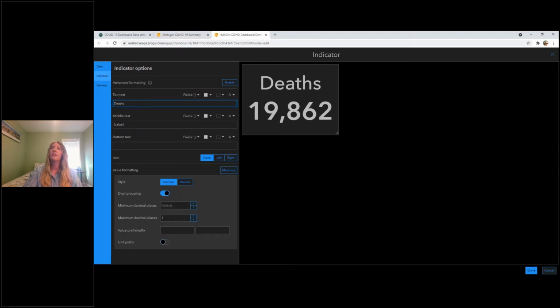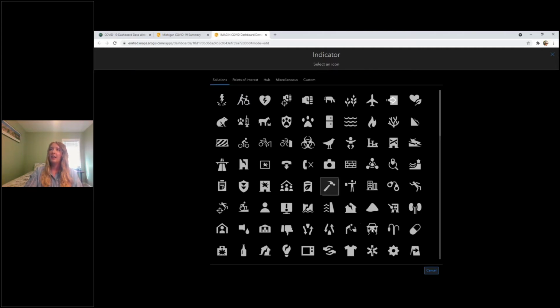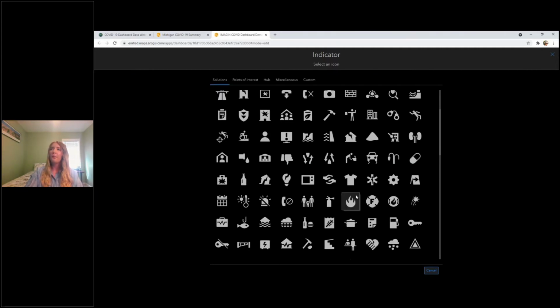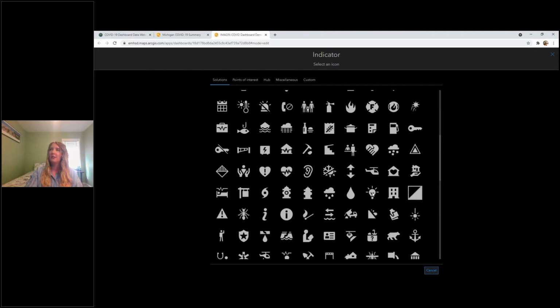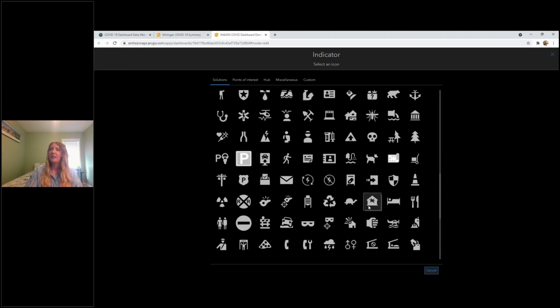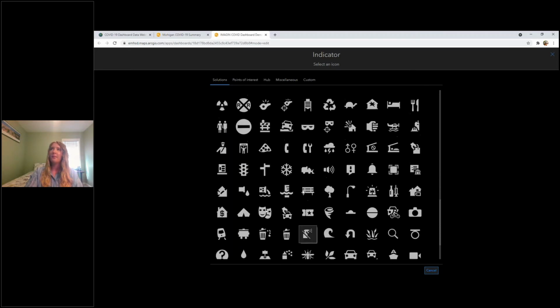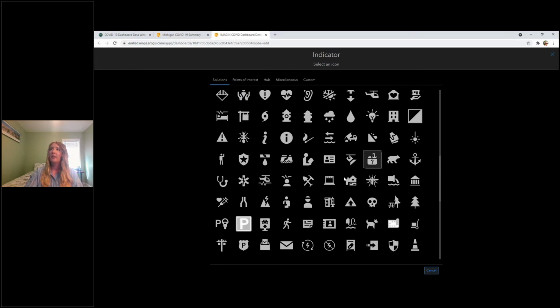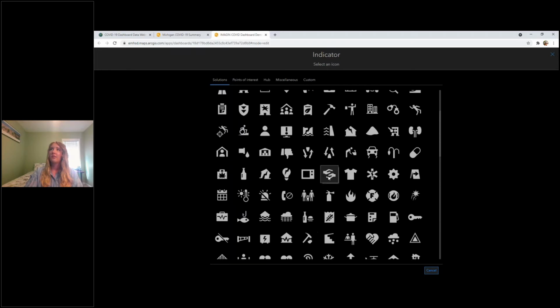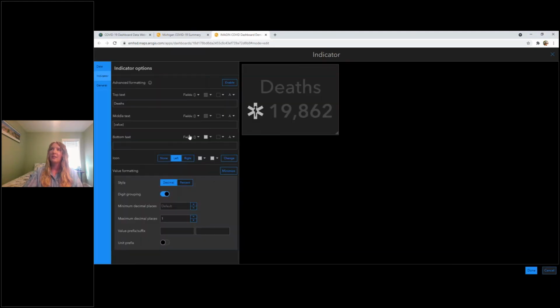And then I'll do deaths, change it to a darker color, and then add an icon to the left, so kind of scroll through. Sometimes certain ones that you're looking for can be hard to find because they're not in a particular order.